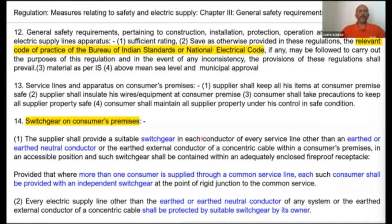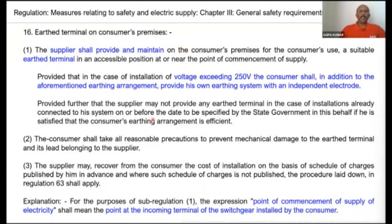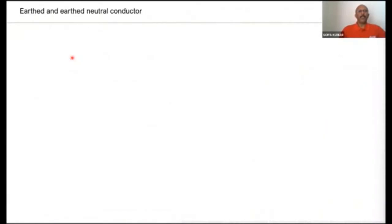If we go through Regulations 14, 15, 16, the regulation says earthed or earthed neutral conductor. Then again in 15, you have to identify the earthed or earthed neutral conductor. No cutout and link shall be used in the earthed or earthed neutral conductor. The supplier shall provide and maintain, on the consumer's premises, a suitable earthed terminal for the consumer's use. So in several places, the regulation is talking about the earthed conductor and earthed terminal. What is the meaning of it? The meaning is,